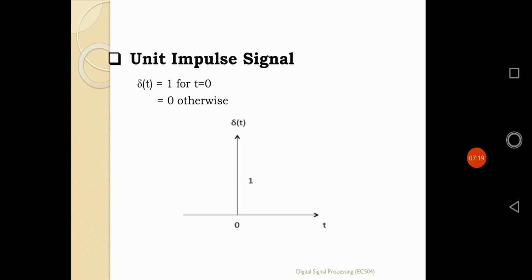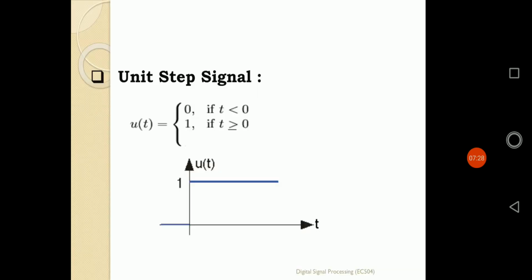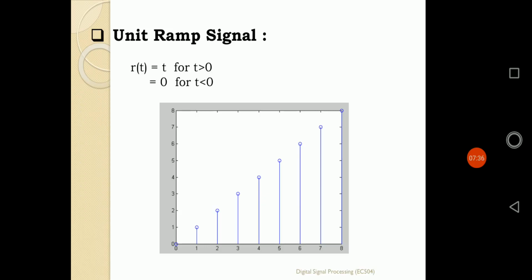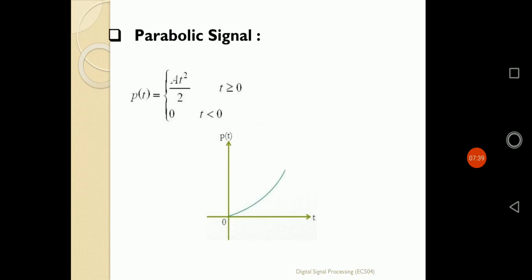Now, one more thing about these four functions is that whenever we want to convert the impulse function into the step function, we normally integrate the signal. Integration of the impulse function creates a step function. Integration of the step function creates a ramp function. Integration of the ramp function creates a parabolic function. That means going from 1 to 4, we are integrating: the integral of delta t, the impulse function, gives the step function u(t); the integral of u(t) dt gives the ramp function r(t); and the integral of r(t) dt gives the parabolic function.